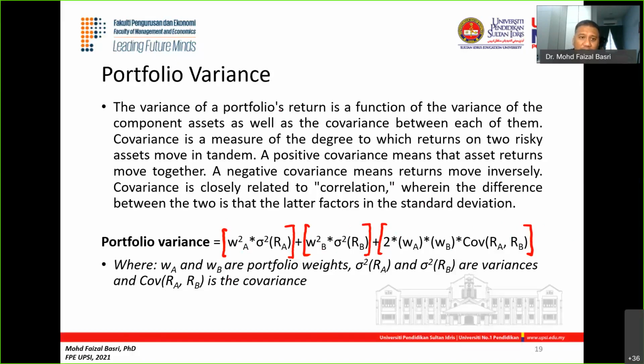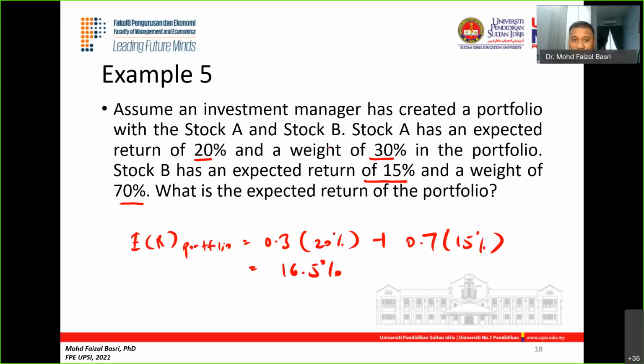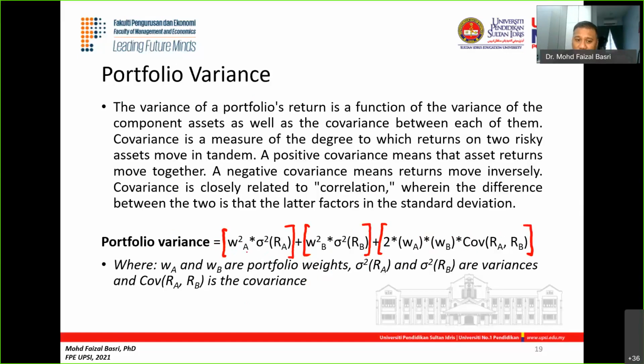In terms of variance, the explanation of variance and deviation is similar to before. This is a measurement of risk: the higher the score, the higher the risk. So the first section is actually the weights. Remember the weights we had in this question earlier, 30-70, and in my earlier example I put 60-40. That's the weight for stock A and weight for stock B.